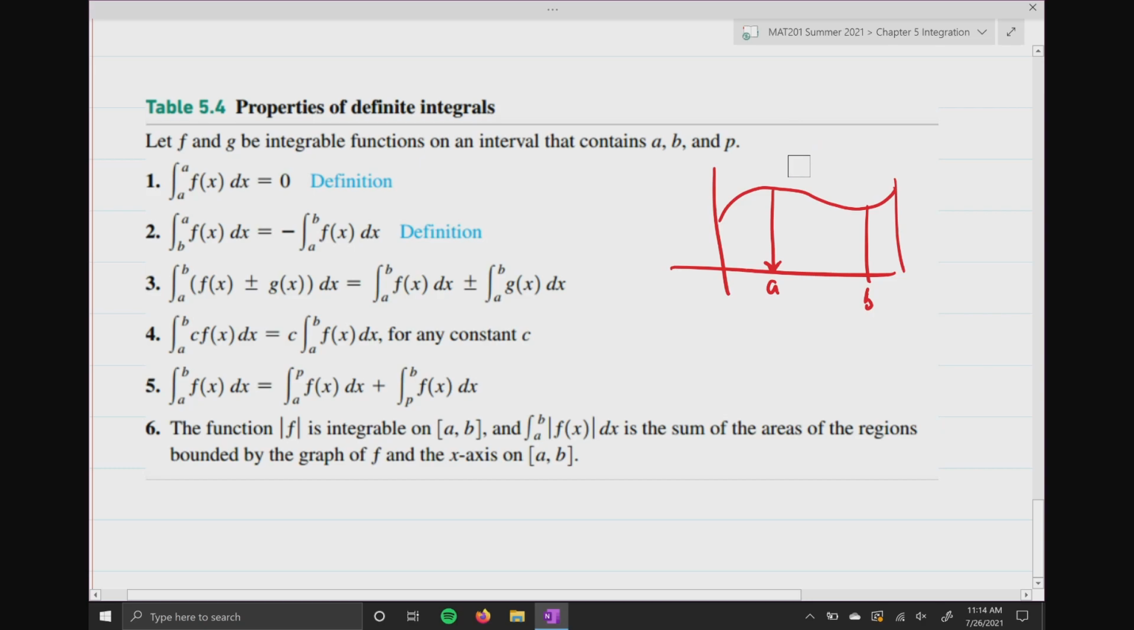I don't know why your book wrote it like this. I think it's kind of dumb. But it's their book and they wrote it. So the integral from a to b of f of x dx. What that means is that we're adding the area from left to right. Okay? So we are adding the area from left to right. All right? On the flip side, what property 2 says is that if you wanted to go the opposite way,